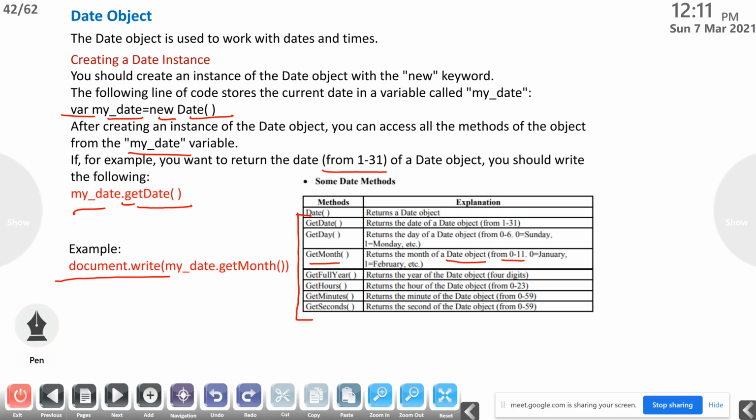So if you want to get the correct month number, you have to add +1 over here. So date.getMonth function +1, because the first number is 0. Okay, then getFullYear, getHours, getMinutes, getSeconds. So the first letter g should be in lowercase like this. This is the output.